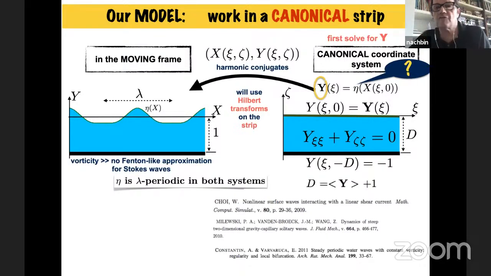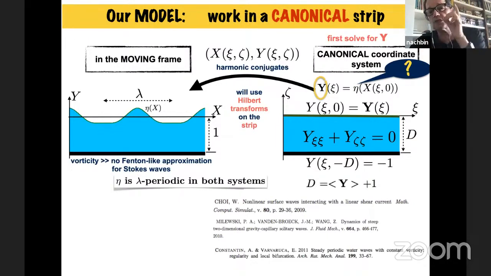And in the uniform strip, it's very easy to do the harmonic extension, to use Hilbert-type transforms and so on to connect all the objects of interest. Of course, I'm going to go very fast on this, but that's the main message. And we use ideas from these three papers indicated below. Okay, so we also have to compute D, which is the depth or the width of this canonical strip, because it depends, of course, on the height of the wave. And we're going to play with the height of the wave, trying to make it more nonlinear and so on. So that's also an unknown of our problem. And we have to put all this information together.